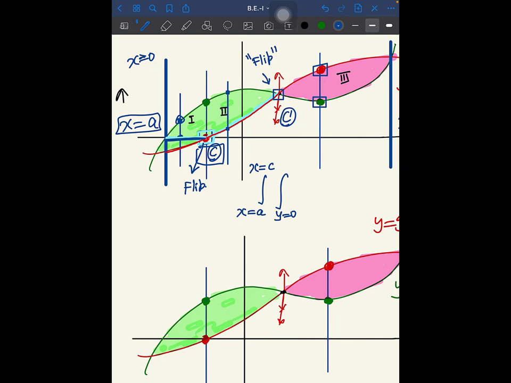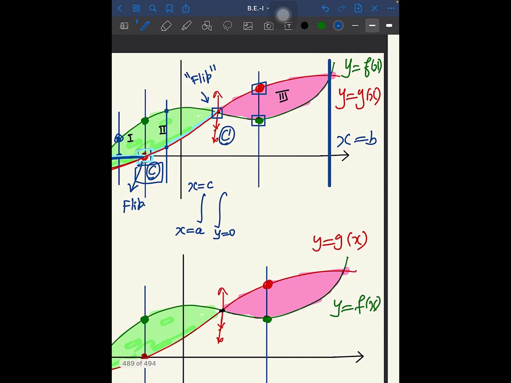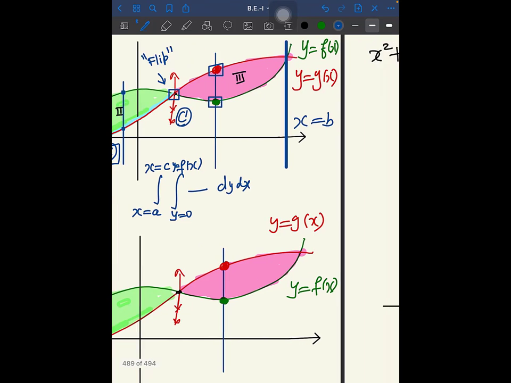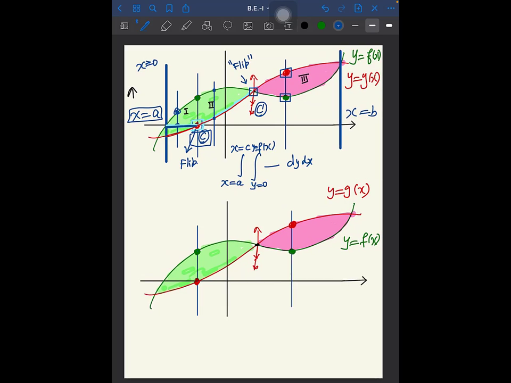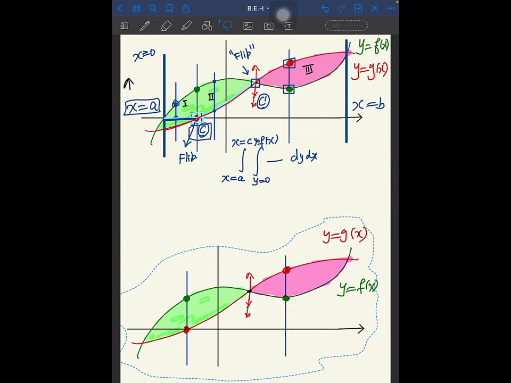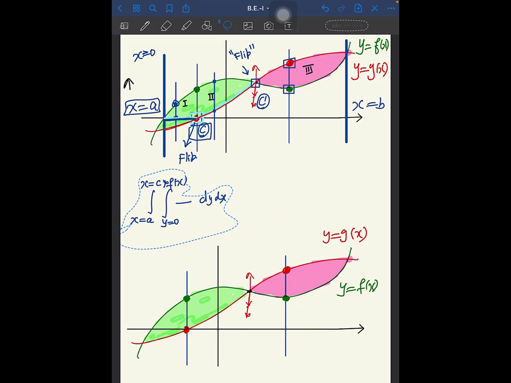So y is equal to 0 to the green curve, that means fx, some function over here, right? dy dx, okay, plus